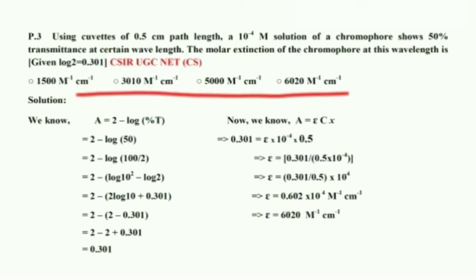The options are 1500 meter inverse molar inverse centimeter inverse, 3010, 5000 and 6020. So just like the previous one, in this problem also we will use the relationship A is equal to 2 minus log of percentage T to determine the value of the absorbance A. And since the percentage transmittance is 50%, we can calculate